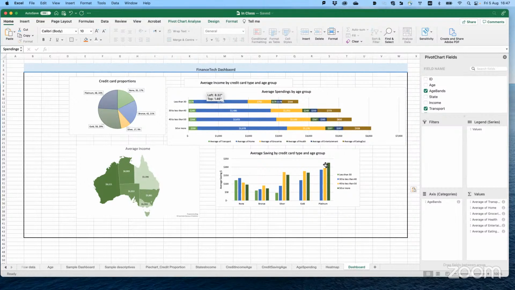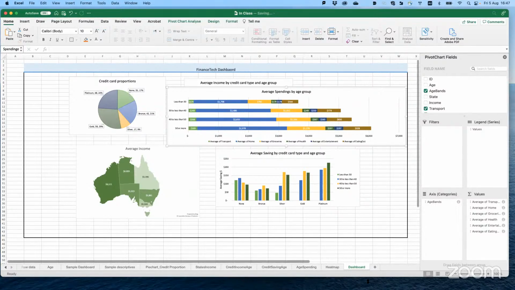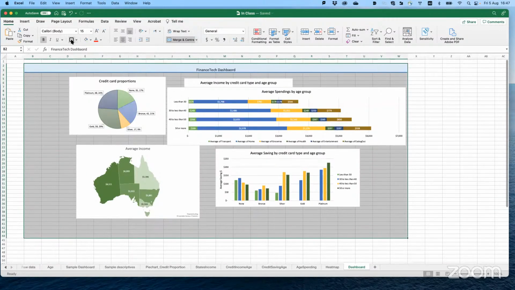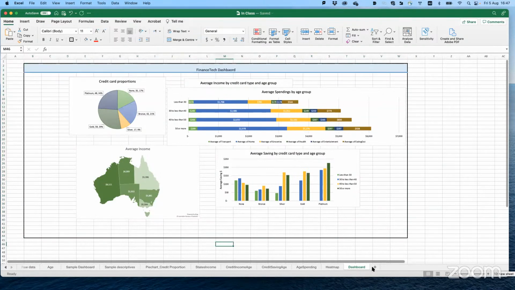Sorry, go ahead. So I think I missed the information. Where can we have this dashboard square? I create an empty sheet, put some borders for it, and I'm going to put everything inside this. You create one empty sheet. But for your assignment, I feel that there is an empty sheet there that you can use. Oh, okay, understood. Thank you, sir. No worries.